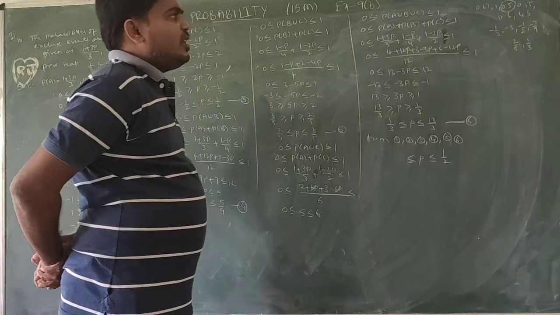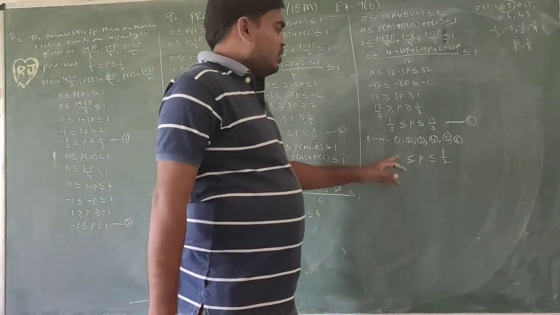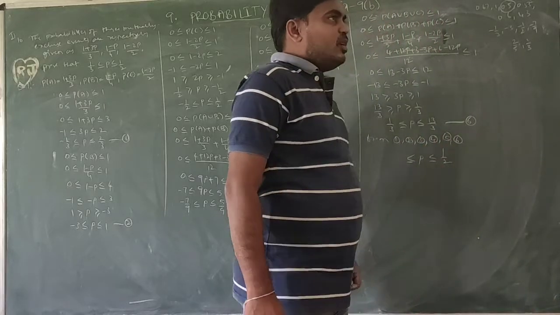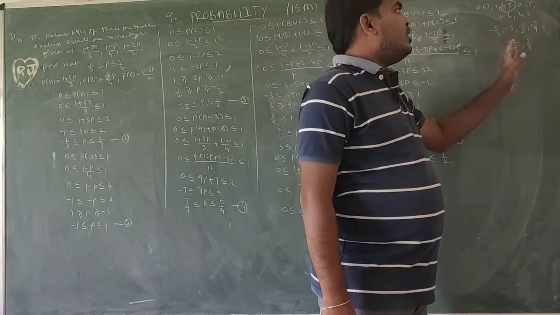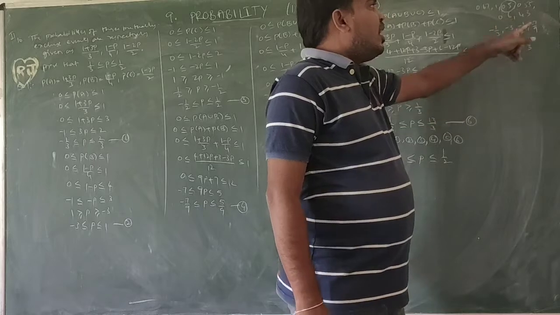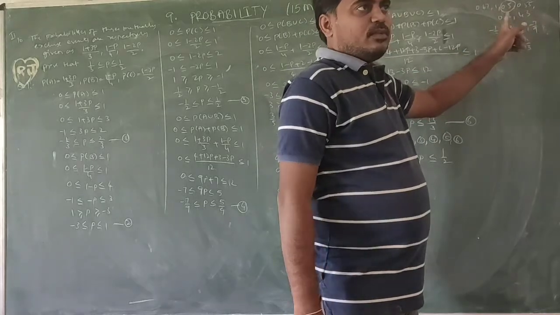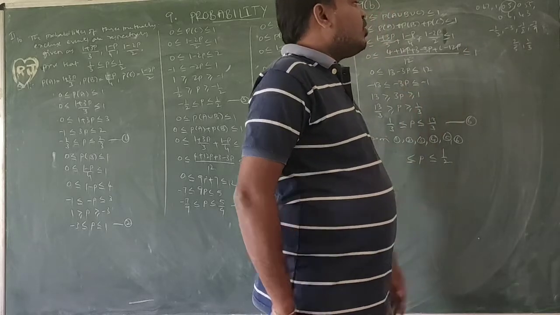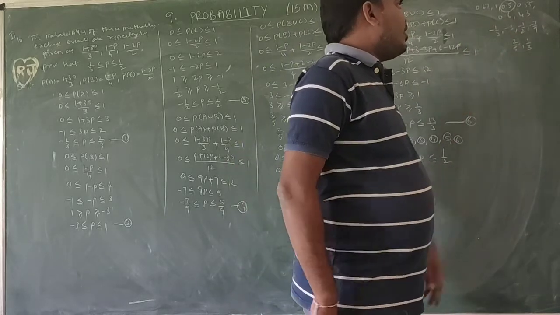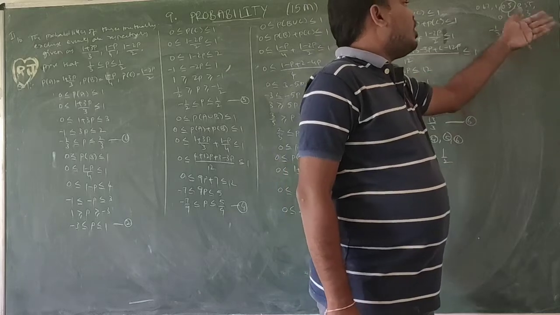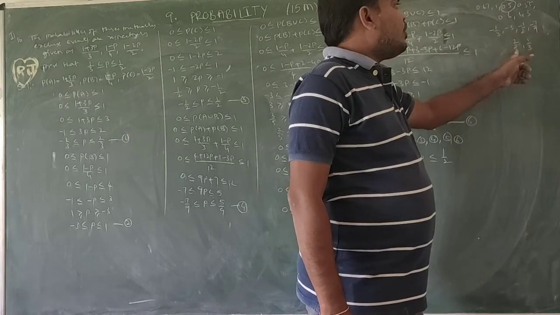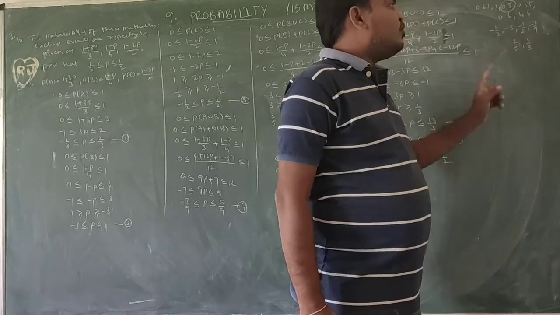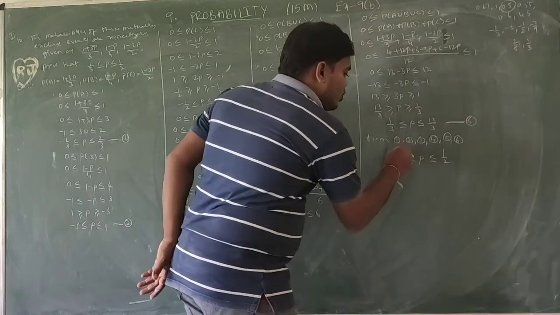Okay, if we observe all these, all the values are less than p. If we take the greater value of these less than p, automatically the remaining are also satisfied. So in all these 6, I want to take the bigger value. These 4 are negative, so always smaller values. This is 0.4, this is 0.33. Among these, 0.4 is the bigger value. That's why I am taking 2 by 5.